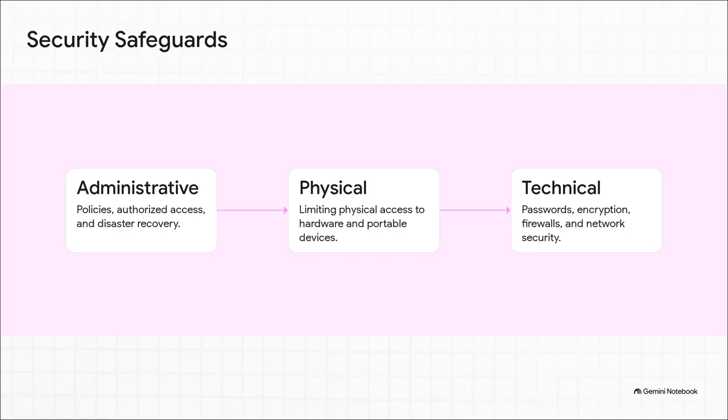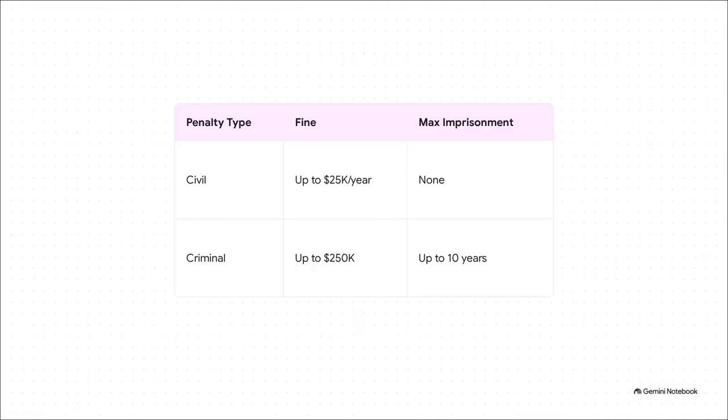Step 3 is technical safeguards. This is your software armor, requiring secure passwords, utilizing firewalls, automatically logging off unattended workstations, and encrypting data so it's entirely useless even if it does get intercepted. So, why does this digital fortress matter so much? Because medical records are incredibly lucrative on the dark web. They often sell for much more than a stolen credit card number, and the penalties for failing to protect them